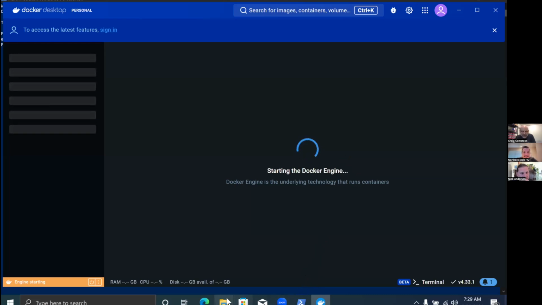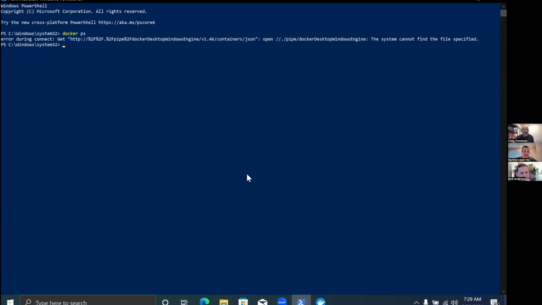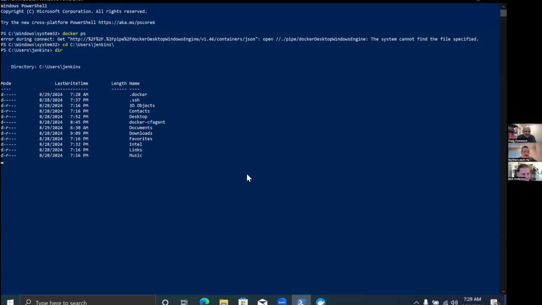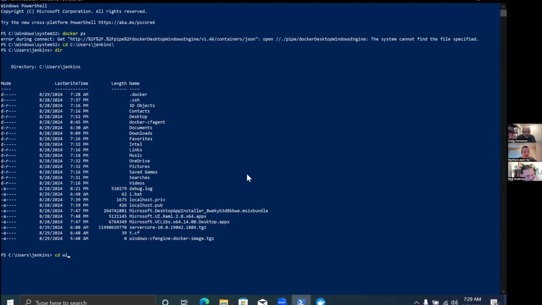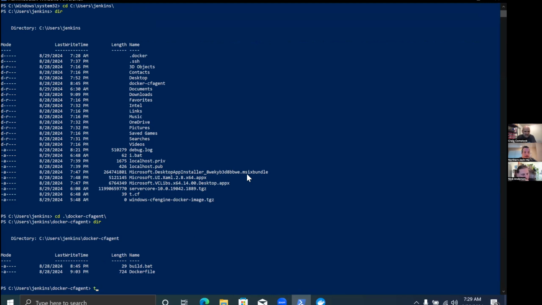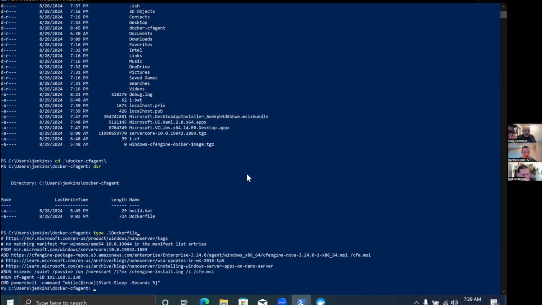So I have in here, I think I put it in a directory. Oh yeah, Docker CFEngine. So here I have the old Docker file, and let's see if I can